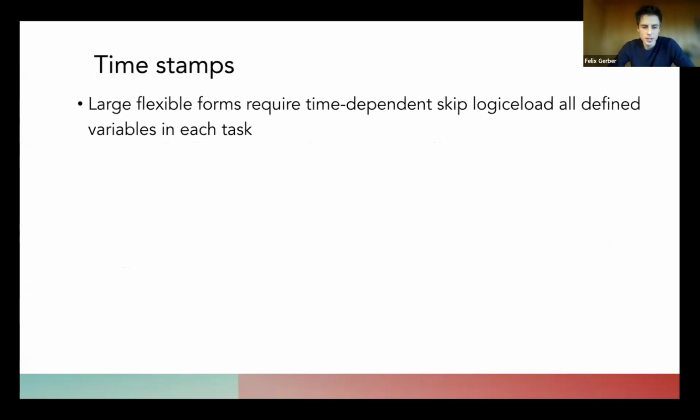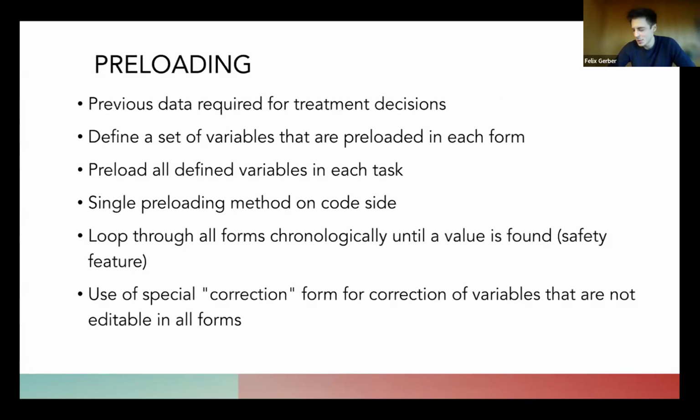Oh yeah. Well, that's a side note, but there you also need to be a bit careful, because sometimes we had variables that you couldn't change in every form. Maybe you just enter the value at baseline. For example, you say at baseline somebody has a heart failure, but then this question doesn't come up every time. So using this method, you would always replicate the data entry errors that were made in the beginning. So we had to introduce a workaround which we called correction form that would allow the management team to specifically change some values that would not appear anymore in the subsequent forms, so that we could get rid of the data entry errors and avoid them accumulating over time. Yeah, next slide.